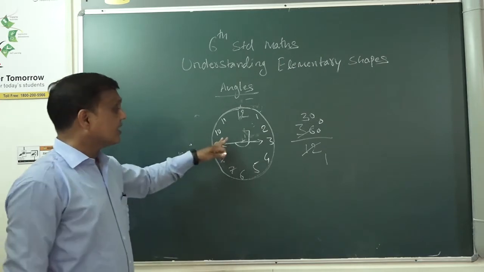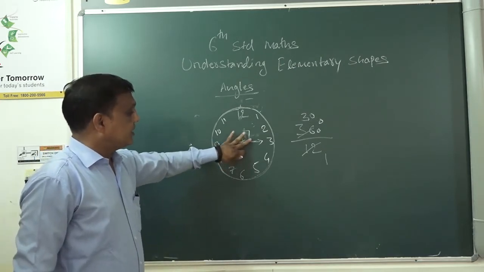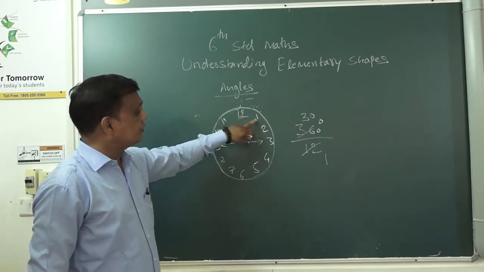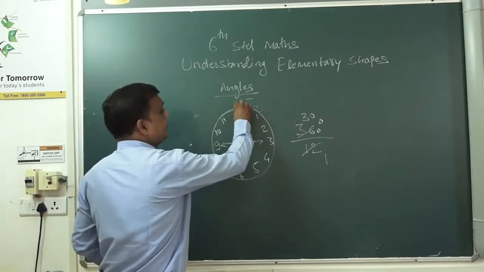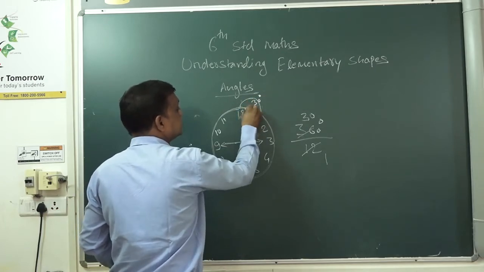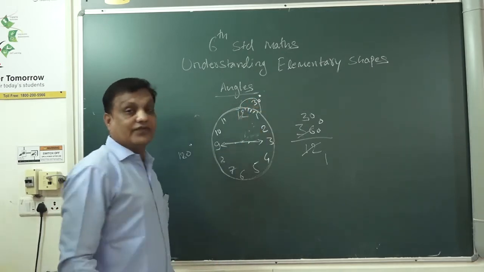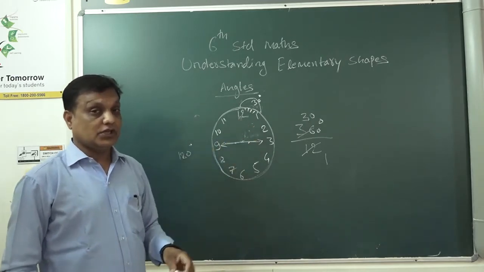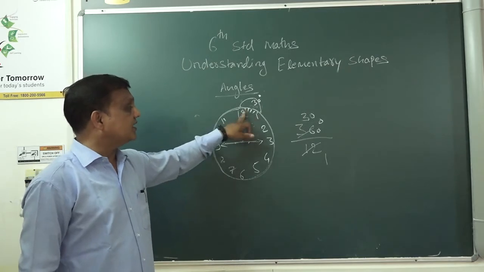And with this, you can find a degree between 1 to 12 to 1. In this between, you know that there are 30 degrees. So here we will see small 5 lines between two numbers. How many lines are there? 5 lines.